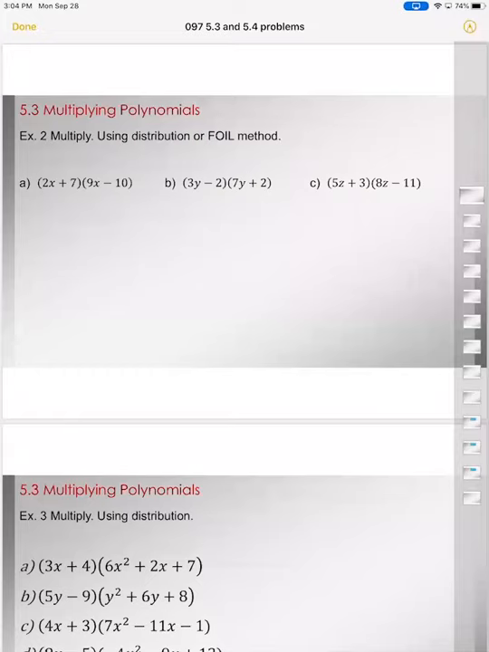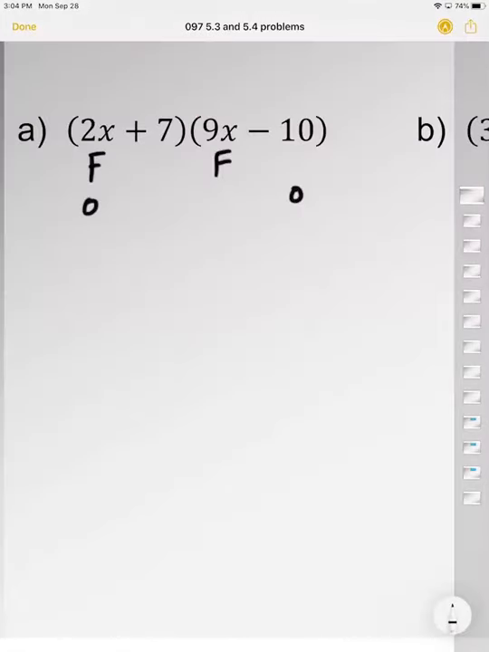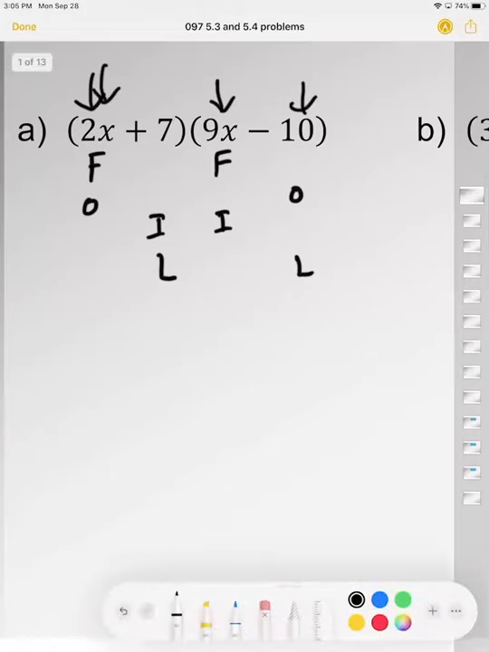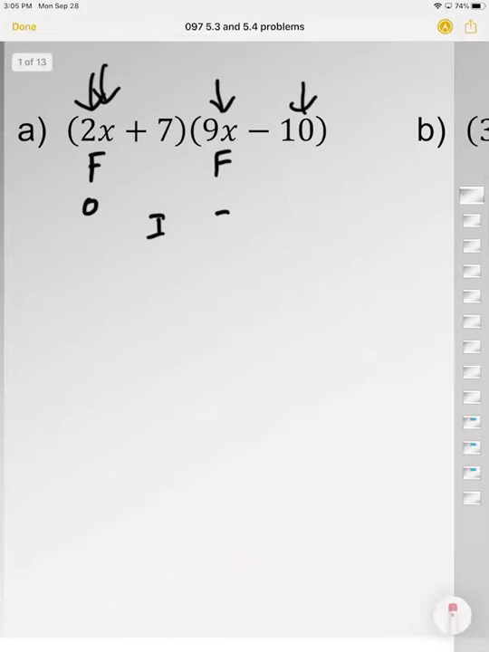first term, the outside. This is your first term, your outside, inside times inside, and your last times your last. This is your first, and this is your outside. Okay, so I mentioned last time that I'm not a big fan of the FOIL method, because the FOIL